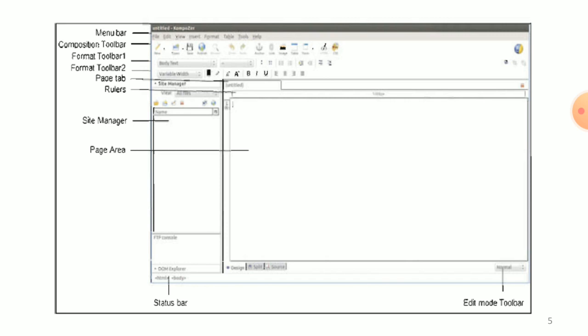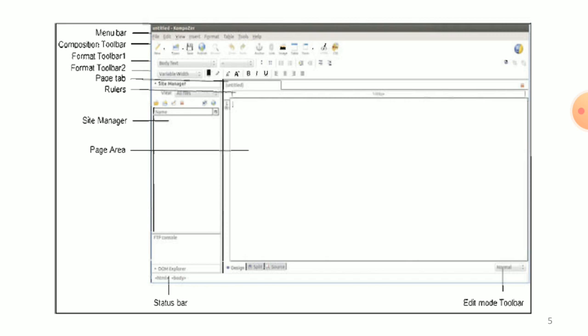Select all the options listed: composition toolbar, formatting toolbar number 1, formatting toolbar number 2, edit mode toolbar and status bar, site manager and rulers. Options should also be checked. That is the Composer interface.